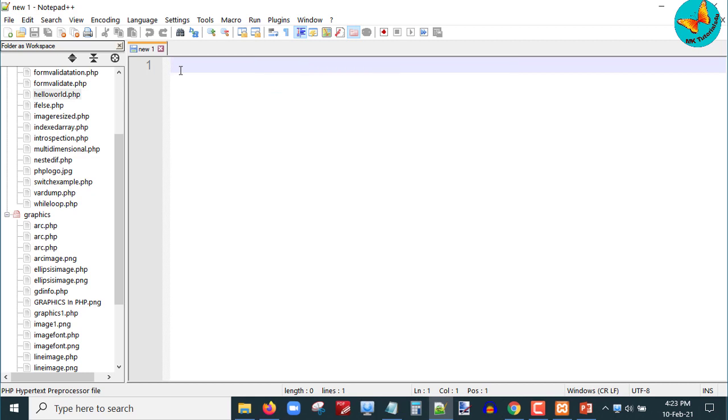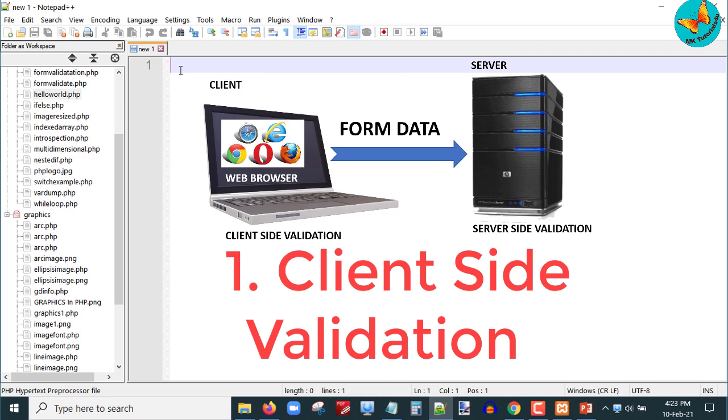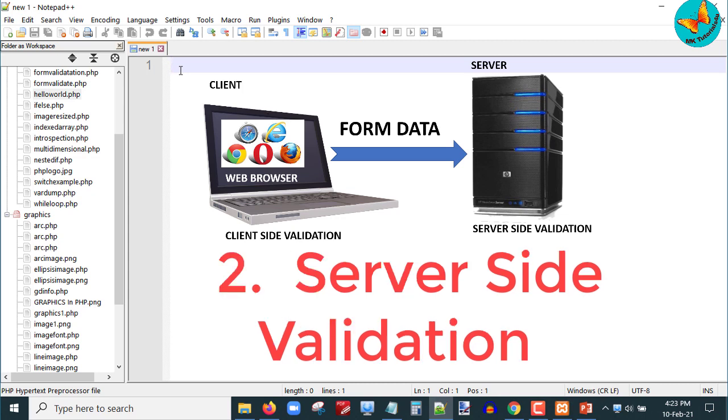There are basically two types of validation which are available in PHP. First is the client side validation. This validation is performed on the client machine web browser, and the second is the server side validation. This is done after the submission of data and the data is sent to the server.